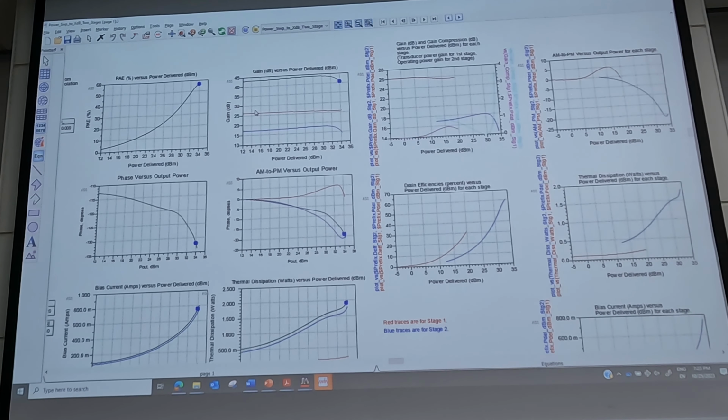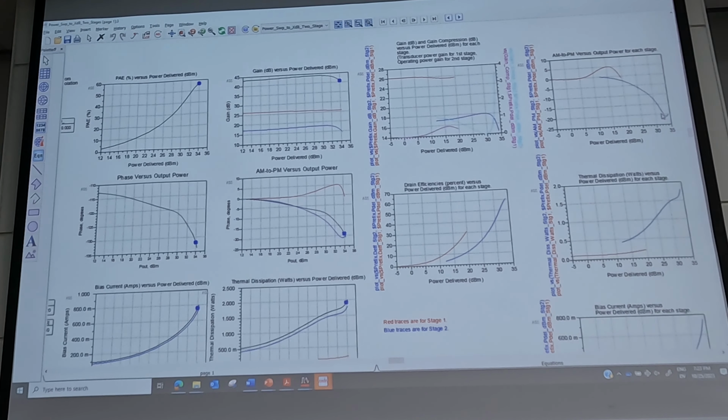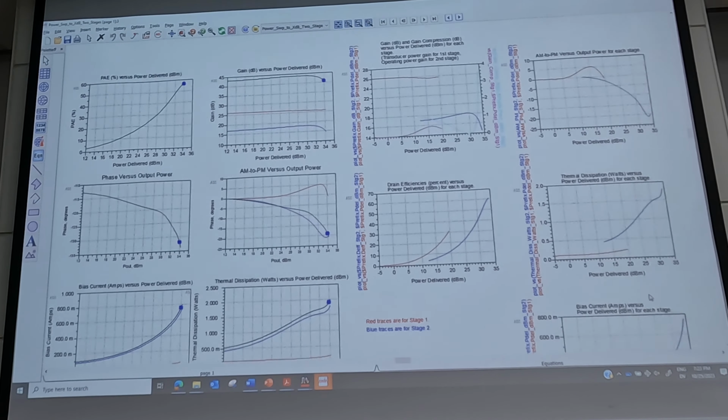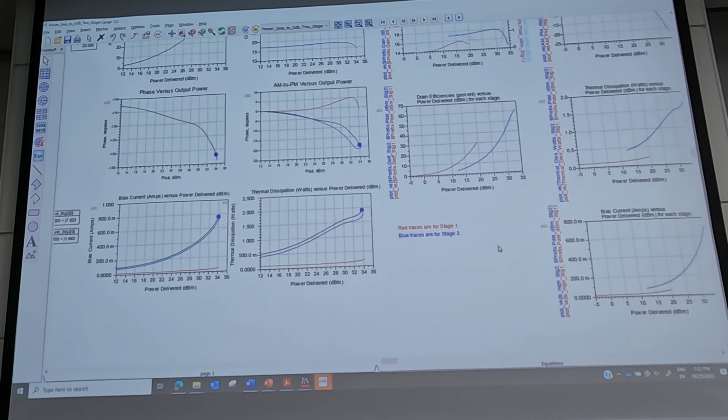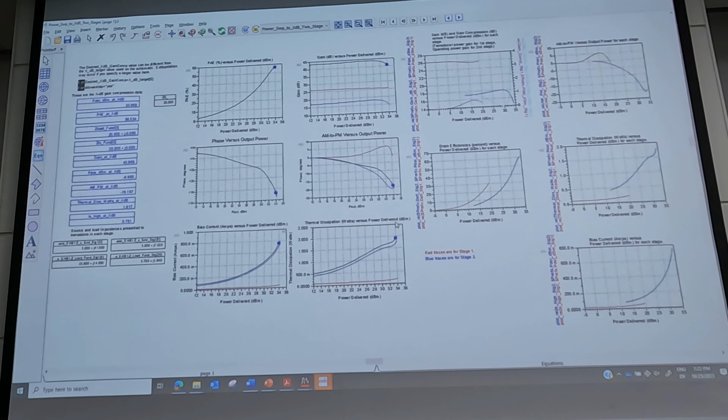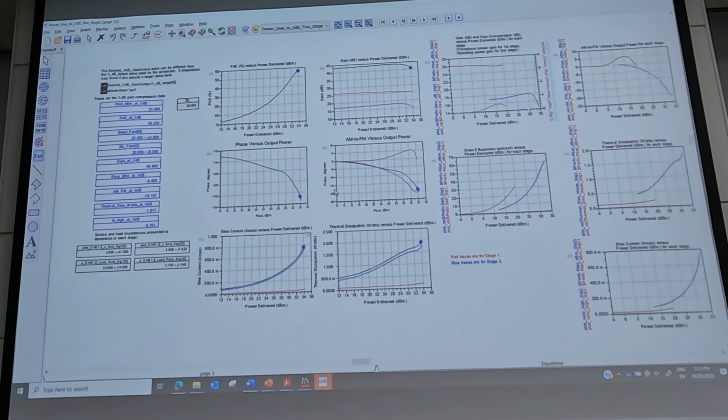So you can see where the gain is, whether the compression is occurring in the first stage or in the second stage. For example, this is AM to PM distortion versus output power, thermal dissipation versus output power in each stage. But I think this is a very practical design example, which would be useful for multi-stage design.